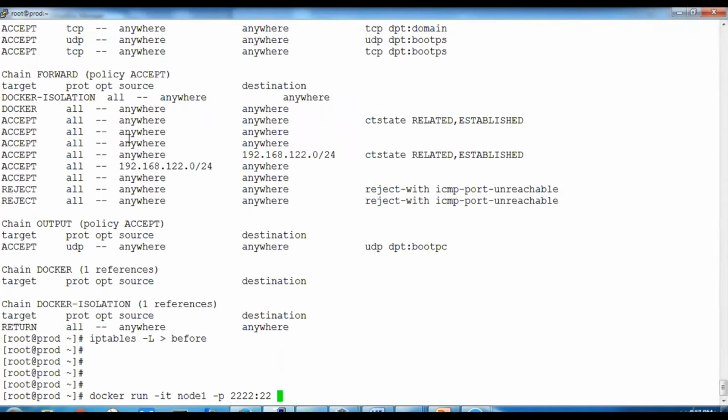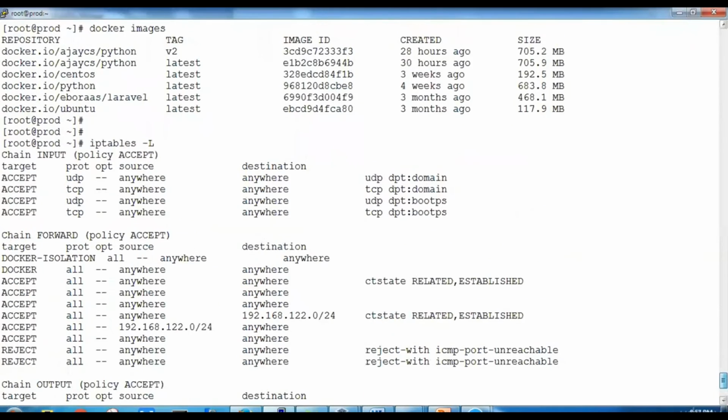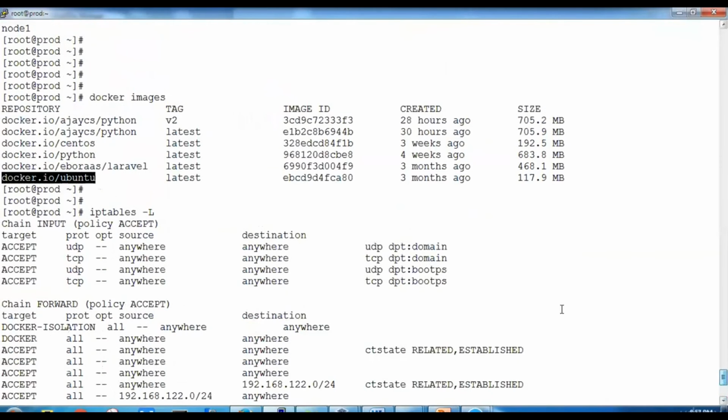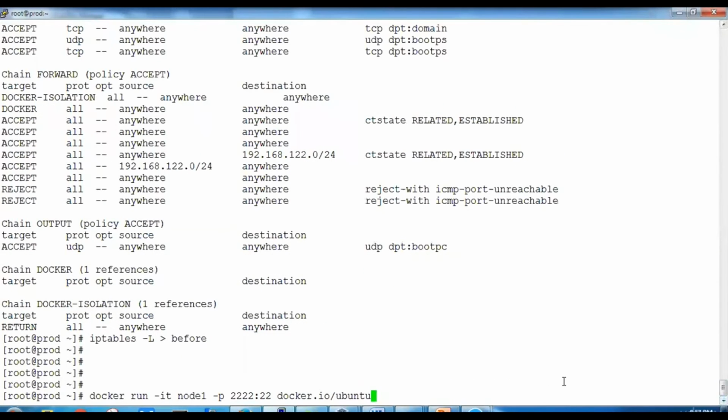And after that, we are going to use the image. So we need the image name, and the image name is Ubuntu. So we'll take that one, and the tag is very important. So we'll use the tag, and the image name and tag must be separated by a colon. And after that, we'll ask for /bin/bash.